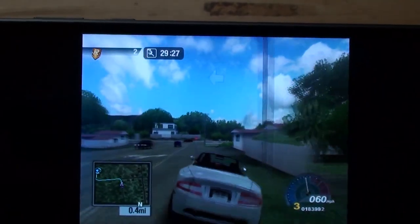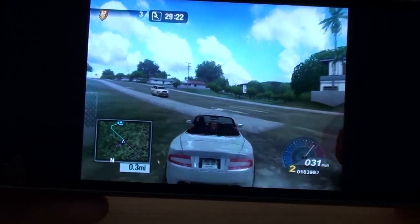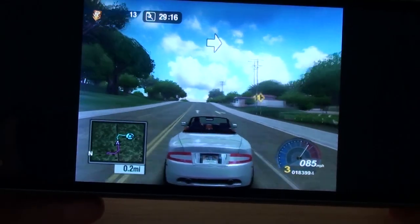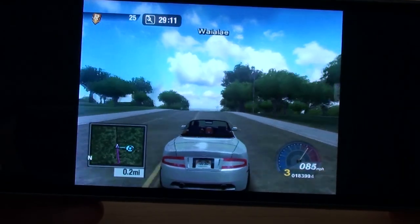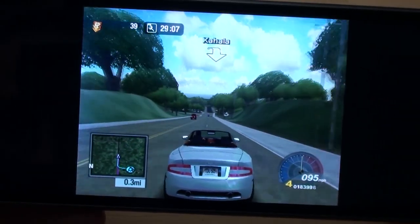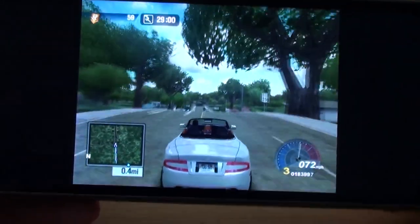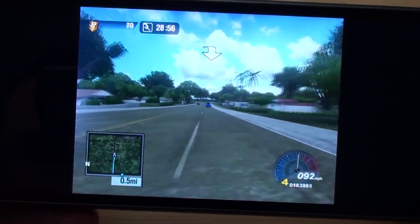Oh dear. Oh god. Get out the way. It looks gorgeous. I look at it and I think that car looks kind of squashed up, and would it be better in widescreen? And I'm unsure. How do I change my view? You are driving in the wrong direction. Please turn around. It kind of doesn't matter if I'm...